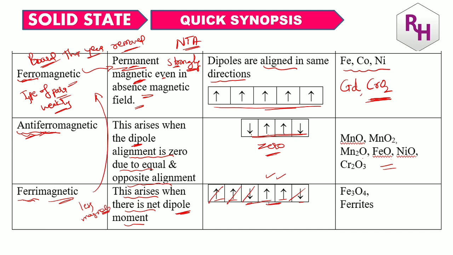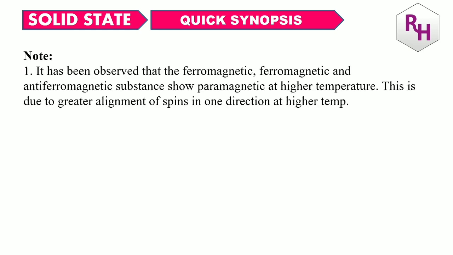But there is an unequal number of domains arranged in equal and opposite directions. In antiferromagnetic, an equal number of domains are arranged, here unequal numbers of domains are arranged. Fe3O4 ferrites is an example for this. This is very, very important, the magnetic natures. So this completes solid state, the whole chapter. And the last, 2 points I am going to discuss.